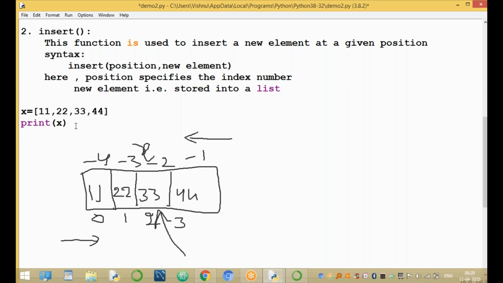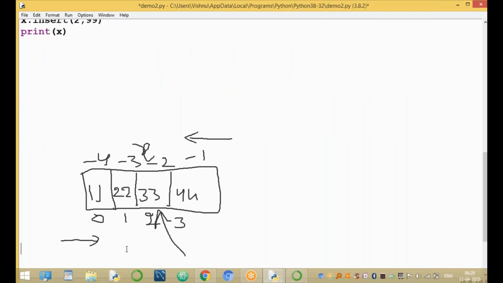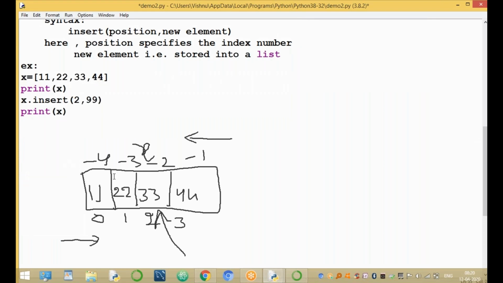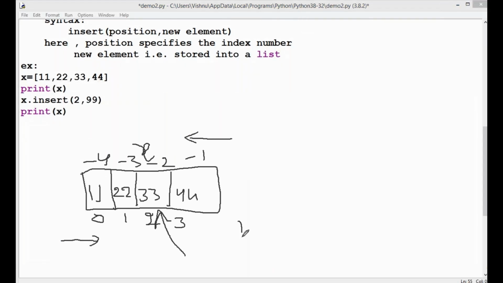So here is an example. Now the list is x equal to 11, 22, 33, 44. Now x dot insert of 2 comma, any new element, that is equal to 99. After insertion, the list is like this: 11, 22.